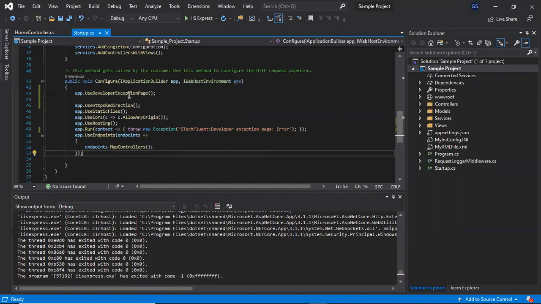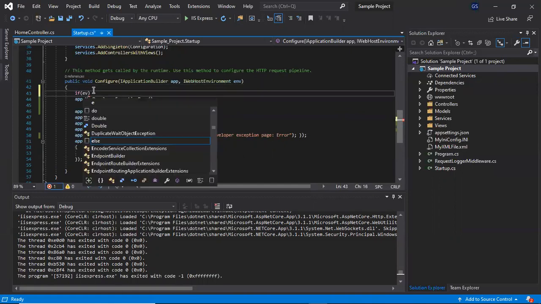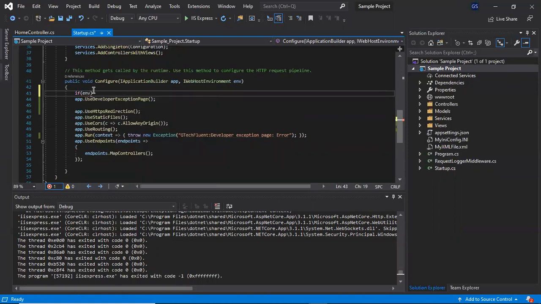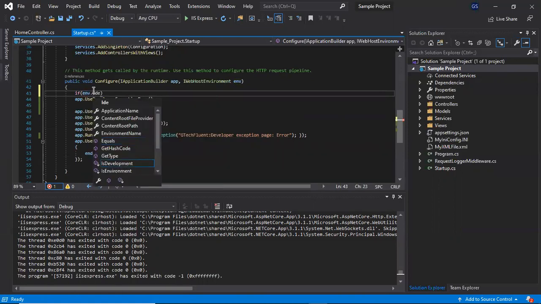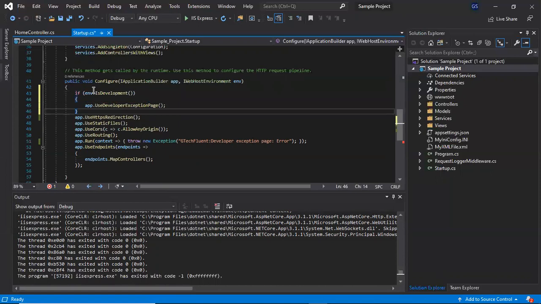So let's see how to do that. For that, we'll add the check env.IsDevelopment, and only then we'll add our developer exception page. In this way, you will restrict this page to the development environment and not expose or share the detailed exception with the live environment in production.